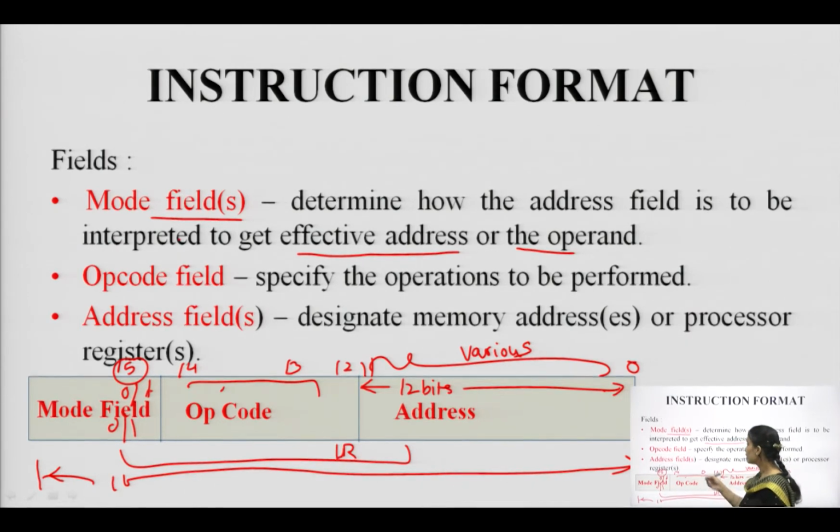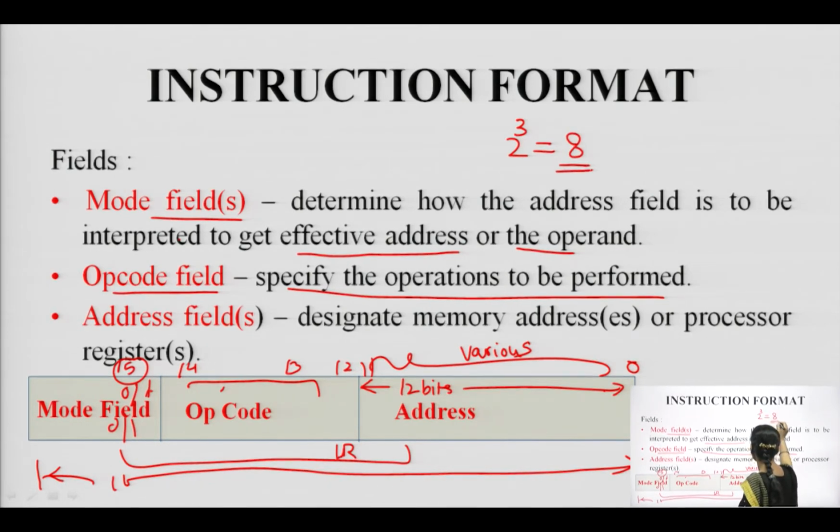Then the second field is my opcode field. This will specify which operation I have to perform. In this, I have taken IR as 16 bit, in which we are taking opcode as 3 bit. So, this 3 means I can perform 8 operations in my system. If I am dealing with a 32 bit system, then of course the division of this IR will change, and accordingly the number of bits for opcode will also change.